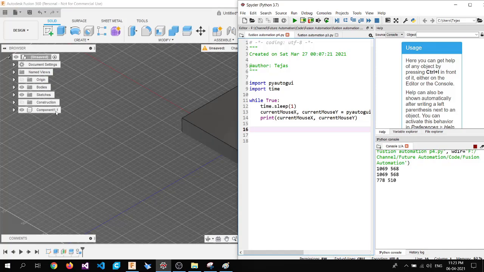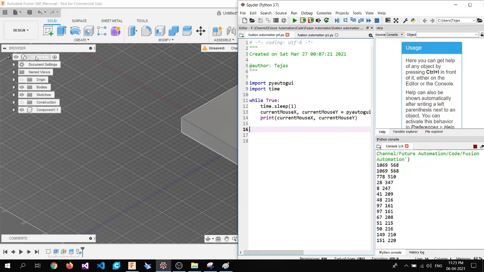Okay, it has started giving us some position. Now we are first going to start with the top position of the browser menu, that is the file name. Here it is showing unsaved, but once you save the file, the name of the file will be shown here. So we'll take an approximate value just for the reference right now. You can draw a small diagram on your pen and paper, and just note down the pixels of that diagram. So here you can see that we have 52 as x and 215 as y.